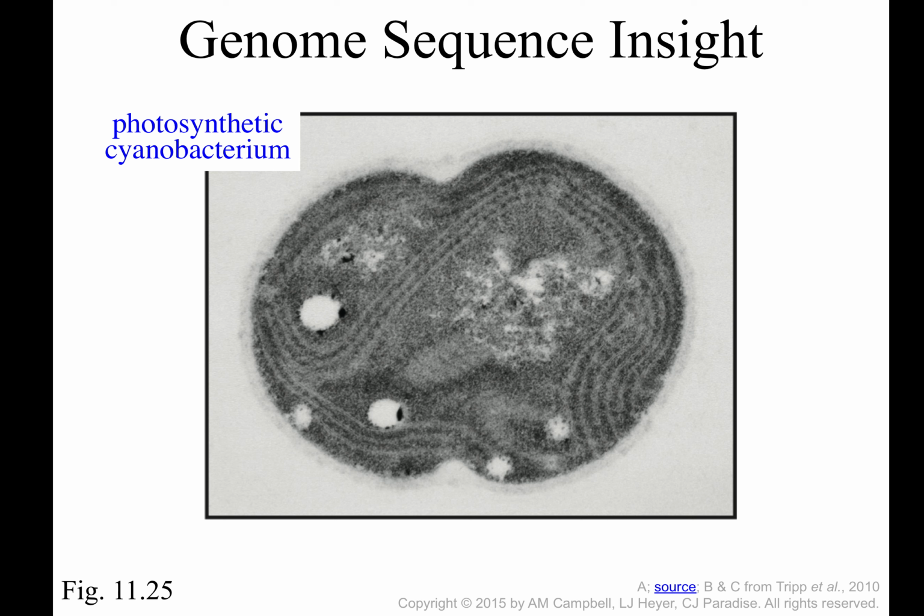There are other organisms that we're just sort of discovering. We're discovering organisms all the time. This is an organism that lives in the open ocean. It doesn't even have a scientific name. It just has a number. And it has had its genome sequenced recently. It is photosynthetic. It is a cyanobacterium. An example of cyanobacteria are like the